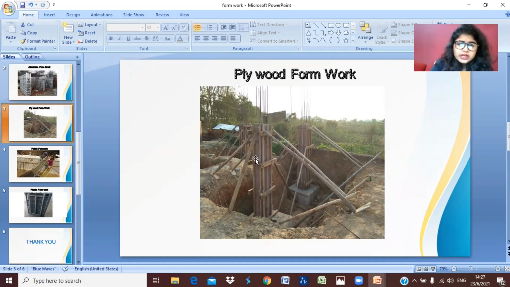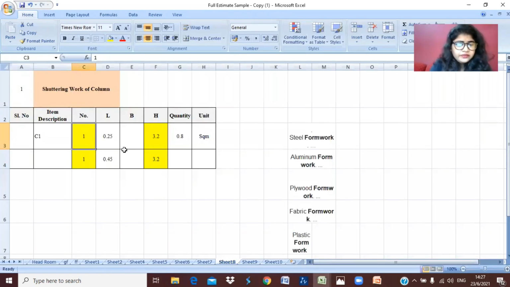That's why we have to take two parts for a particular column. So let us give the value 2 number and 2 number, and calculate the quantity. You can see here this is the quantity, the unit is in square meter, and this is the final calculation.